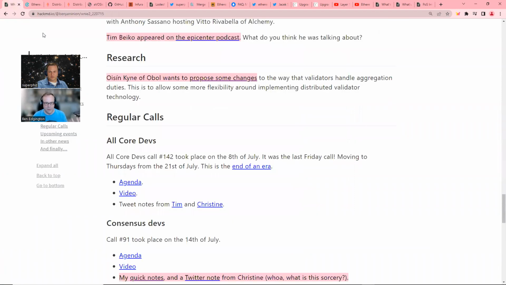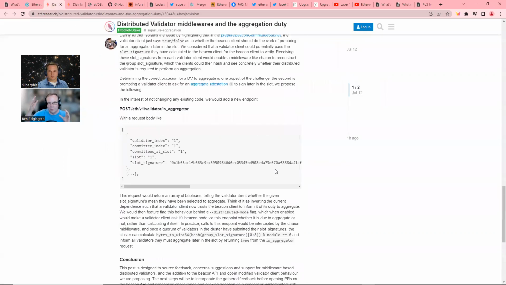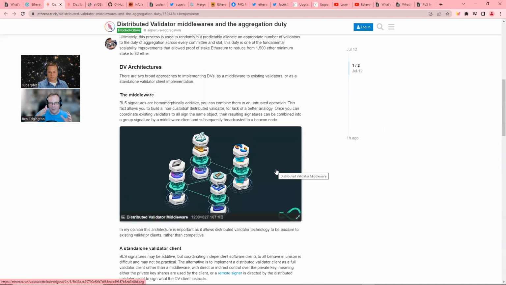So you get some redundancy against a validator going off in a fork or failing in some way. There are different ways this can be implemented. They're working through it, sort of experimentally, to see how best to implement this. The protocol's designed to make it reasonable to do, but the engineering practicalities of where you sit the distributed validator client, whether between the signer and the validator client, or between the validator client and the beacon node, and where it does its work,